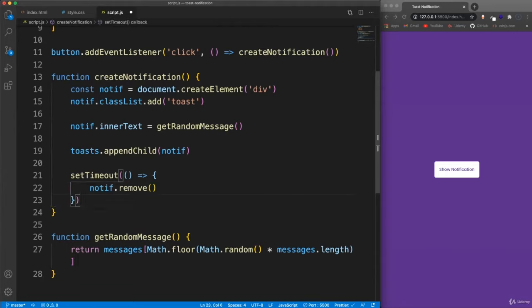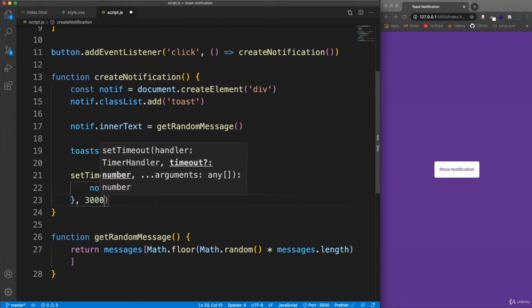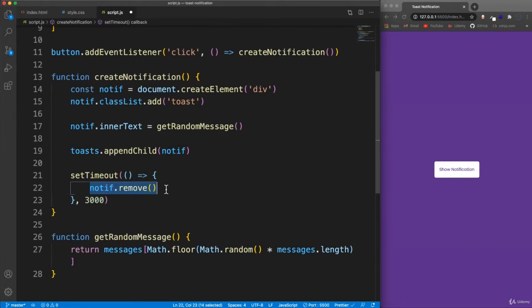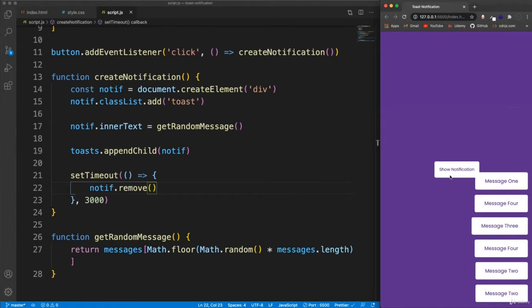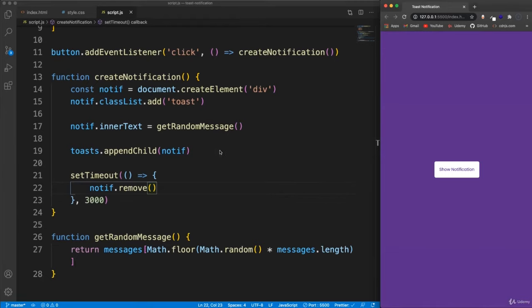Now setTimeout takes a second argument of the time that you want to wait until you run the function. So we're going to wait 3000 milliseconds, which is 3 seconds. So if I save that and I click show notification a few times, after 3 seconds the first one goes, then the second, third. So even if there's a bunch of messages, they're all going to disappear,